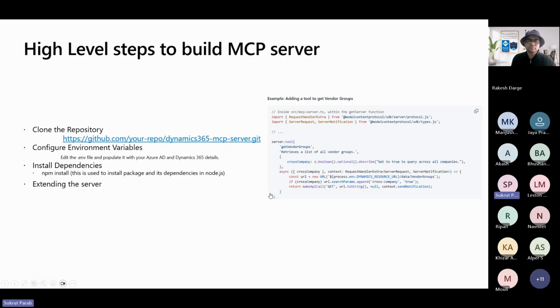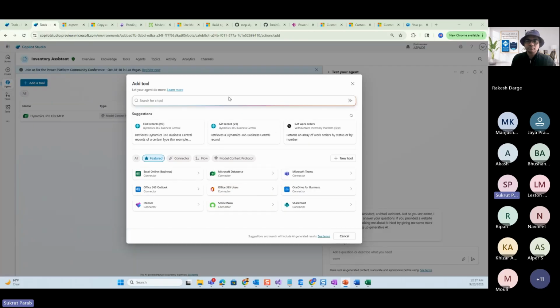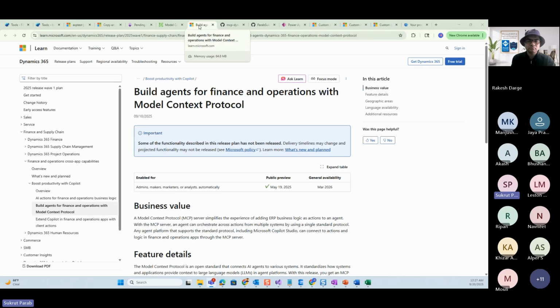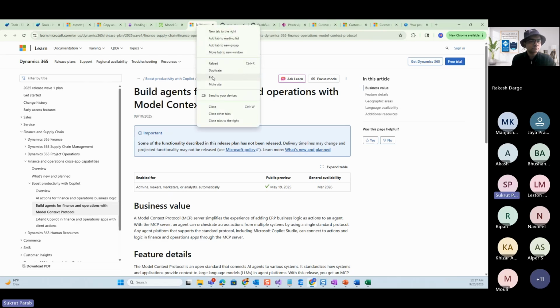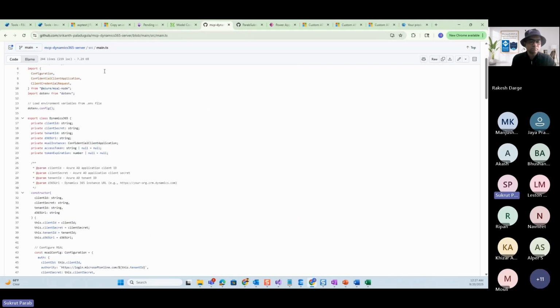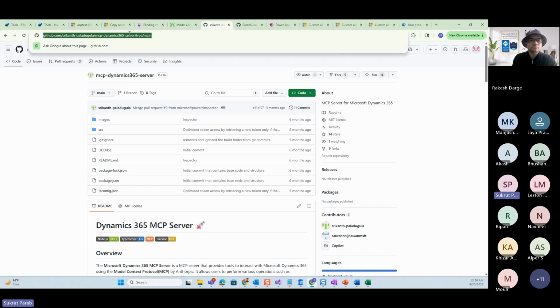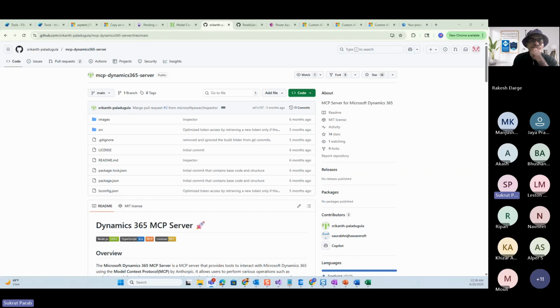For the examples, let me go back to my screen here. One second, let me close this. You can see over here, this is the repository which I was referring to, and let me paste this link in the chat as well. This is what I was showing in the slide. You can clone this repository from GitHub,